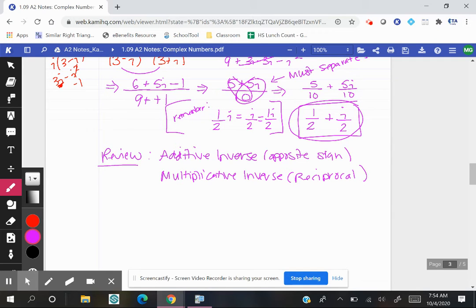And when you multiply multiplicative inverses, you get 1, which is your multiplicative identity. All right, so number 6, find the additive inverse